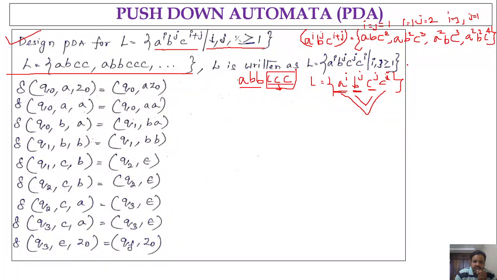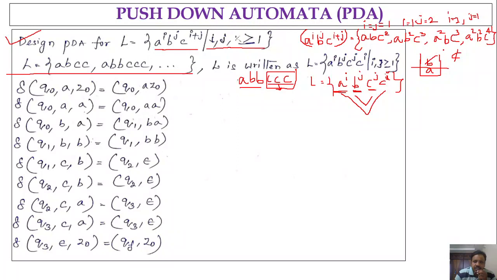The reason is that first we will push a's, right? The input starts with a, so the moment we find a in the input, we are going to push it, right? After a, definitely we are going to have the b's. So those b's are again pushed onto the stack, right? The moment we get c, the top of the stack is going to consist of b only, right? So since the top of the stack has b's, I am going to compare the number of b's with respect to the number of c's. For each occurrence of c there, I am going to pop one b, right? So that is the comparison.